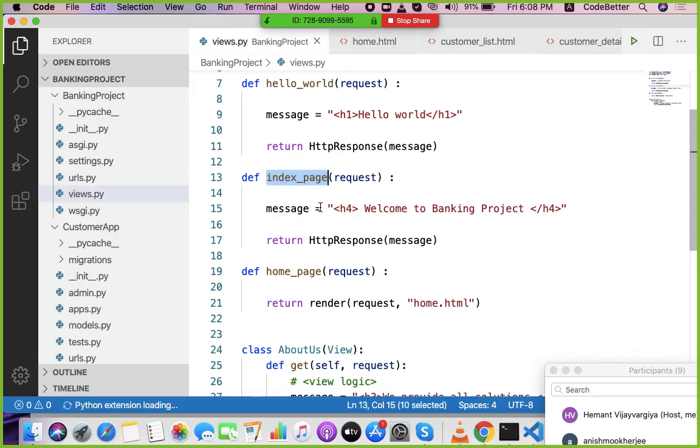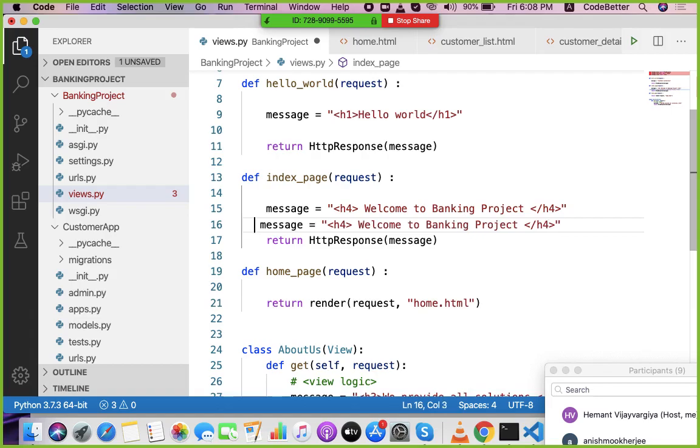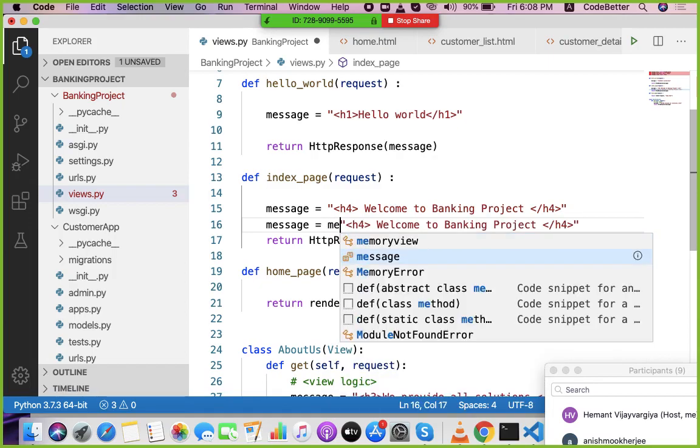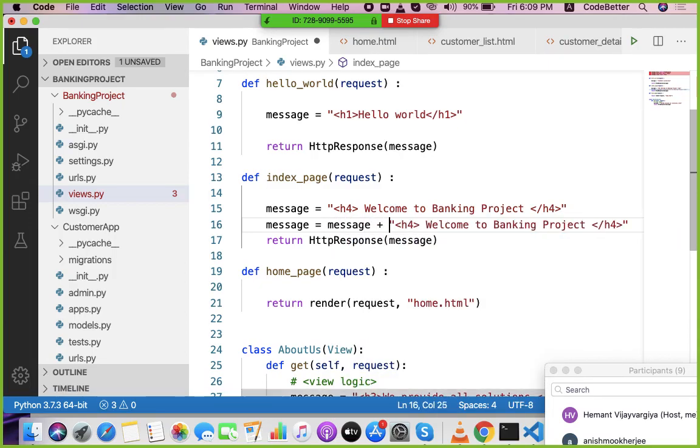On the index page URL, let me give one link to go to the customer app. So I'm updating the index page, message equal to message plus, let me add one hyperlink to go to the customer app of the banking project. So I'm linking the things together.